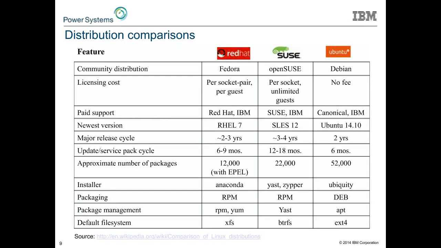Let's do a little bit more detailed side-by-side comparison of probably the three biggest hitters here, Red Hat, SUSE, and Ubuntu Linux versions. Each of these Linux companies' enterprise versions of Linux has what's known as their upstream or community distribution. For Red Hat, that's Fedora. For SLES, or SUSE's environment, that's openSUSE. For Ubuntu, they work with the Debian community, make sure the base of what they need is out in the Debian community, and then the Ubuntu release is built off of that set of packages.